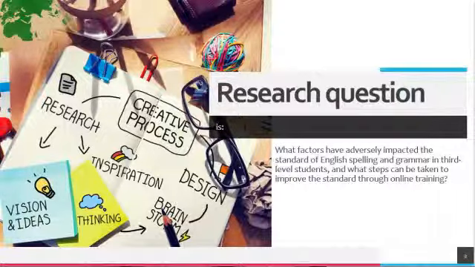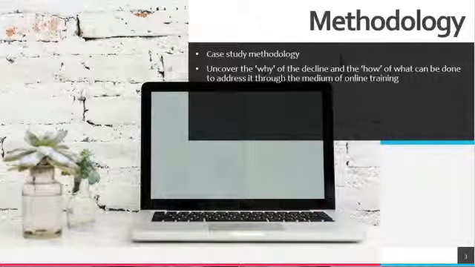standard. So just to tell you about my research question first, my research question is, what factors have adversely impacted the standard of English spelling and grammar in third level students, and what steps can be taken to improve the standard through online training? Then to talk about the methodology, I've chosen a case study methodology because I feel that's